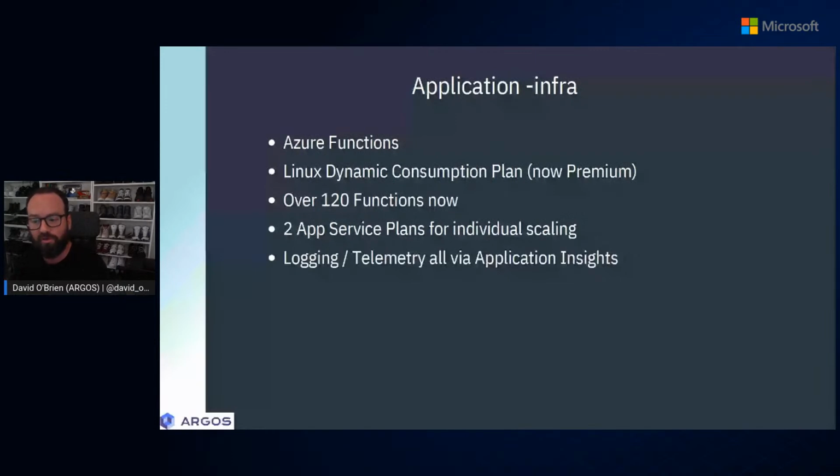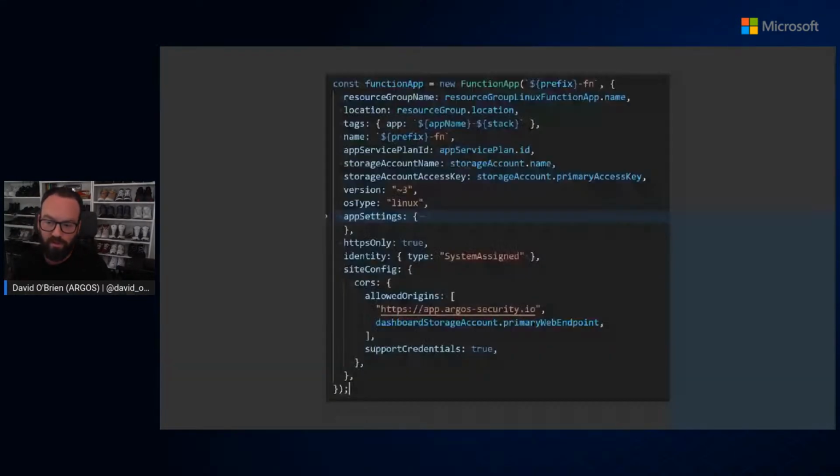And speaking of the automation, we use Pulumi infrastructure as code to deploy all our infrastructure. And to deploy this function app, this is all we had to do. A couple of lines of code, and you can do the same in Bicep or ARM templates, obviously. But we use Pulumi here to configure what we want to see.